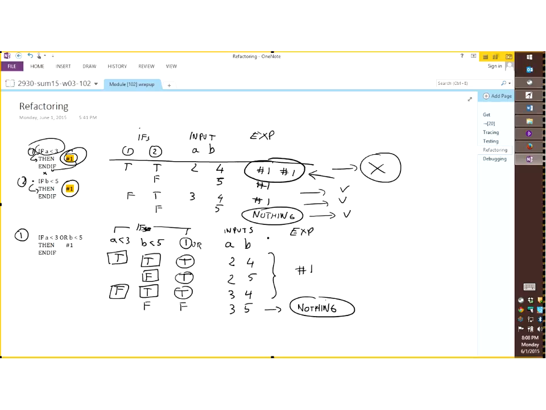Execution of one time and one time, yep, that's here. And then execution of the code number 1 two times in a row never happens here. That's the difference. You're right. So it's not necessarily that one is wrong and the other is right. It's just that they are not equivalent.